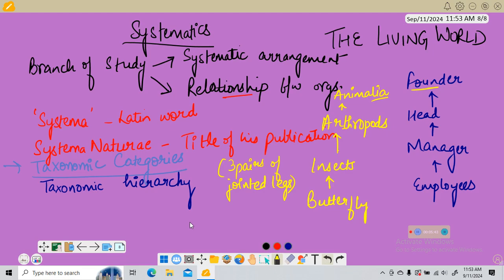So taxonomical studies of all known organisms have led to the development of categories. So here we'll study about kingdom. If we talk about hierarchy, we have categories such as kingdom, phylum, division, class, order, family, genus and species. So here we have some lowest category and we have the highest category as well.